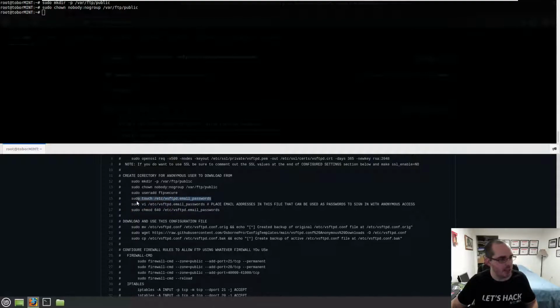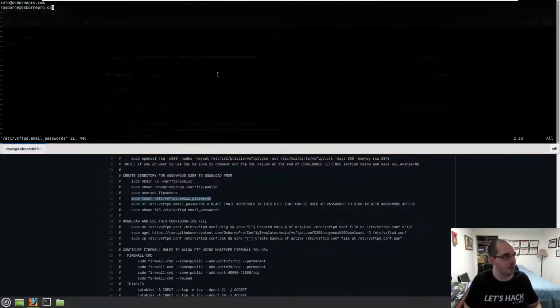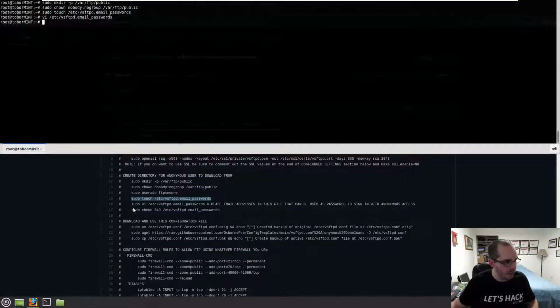Next we're going to create our email passwords file. And this is a collection of email addresses that can be used as a password by the anonymous user to access the FTP server. If anything is entered into the password field that is not inside this file, the anonymous user is not going to be able to sign in. And the other thing I do is set the permissions on that file, to apply least privilege, which is 640. And if you're, excuse me, if you're not familiar with these,